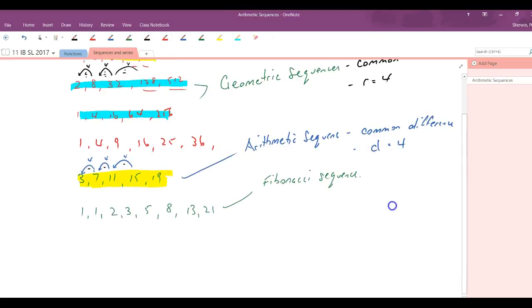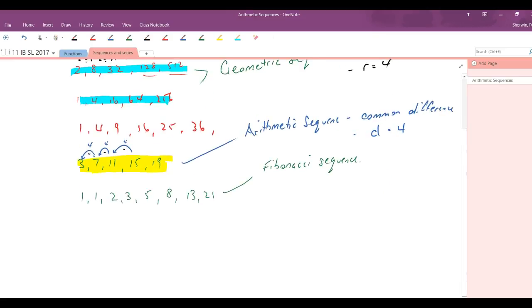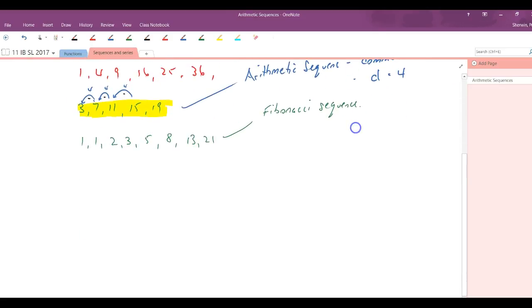There are some famous sequences, but Fibonacci doesn't fall into either of the arithmetic or geometric categories. But what we're going to look at firstly are arithmetic sequences, and we're going to start to look at how we find out what the 150th term is, and what's the sum of 100 terms, and this sort of thing, because we can do some really interesting maths with this stuff. So with arithmetic sequences, all right, we'll go back. We'll just now concentrate on arithmetic